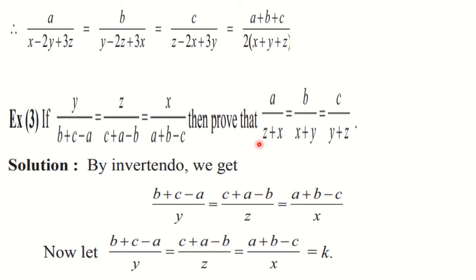Okay. First you will do z plus x. Go on observing. z plus x, that means you are going to add these two ratios. Then next is what? x plus y. So secondly you are going to add these two ratios. And lastly you have y plus z here. So lastly you are going to add the first and the second ratio. Okay. So firstly you will add second and third. Secondly you will add first and third. And thirdly you will add first and second. Okay. So observe here and go on doing. So by the theorem on equal ratios we will apply it three times.